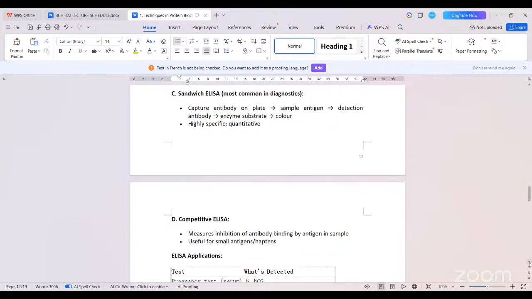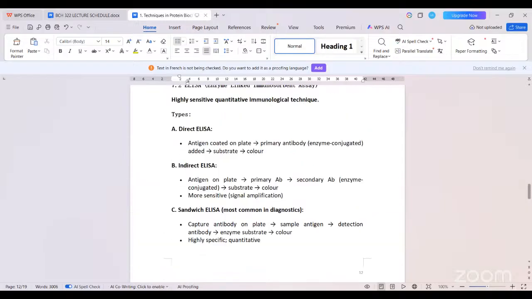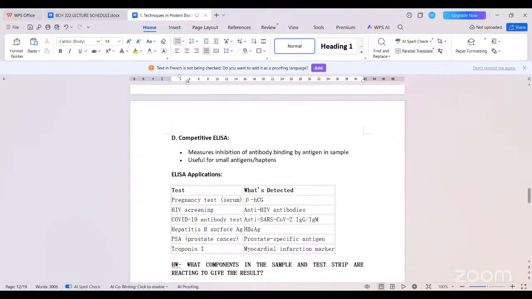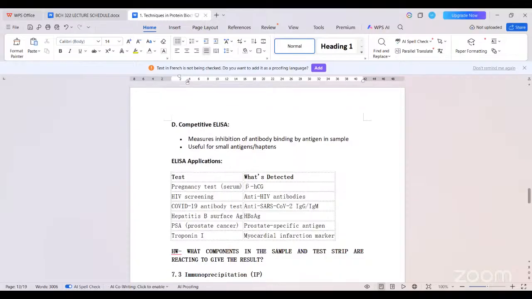The ELISA are of 4 different types. We have the direct ELISA, the indirect, the sandwich, or the competitive. Now, these tests are used majorly to identify specific reactants in a sample. They are used for HIV tests, pregnancy screening, COVID, hepatitis B, and like the homework I